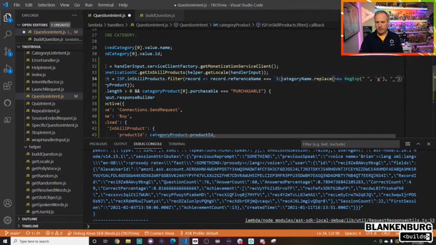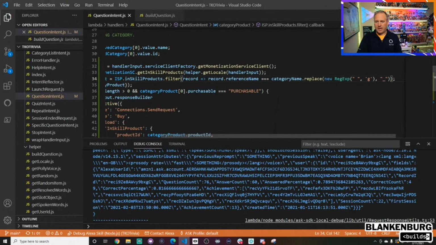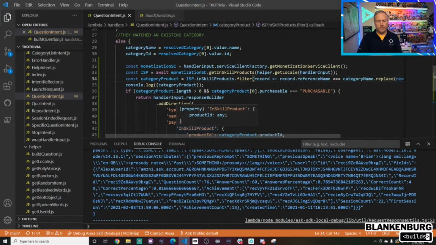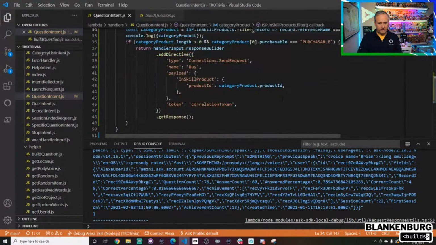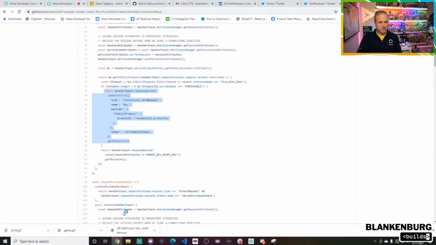I'm not even sure I need any of that. We could just do this. Okay, so category name, replace any spaces with an underscore. And now we should be able to check any category. Now, we haven't actually seen this work yet, so let's get to that and make sure it actually does what it's supposed to do,